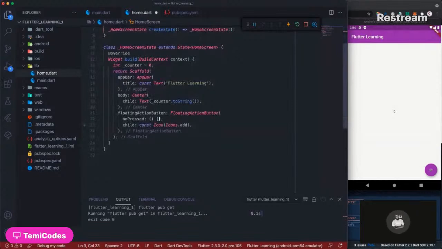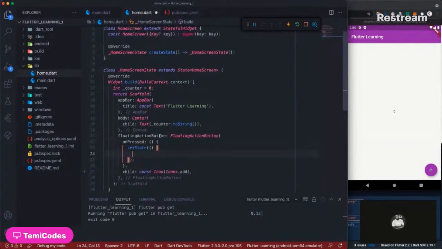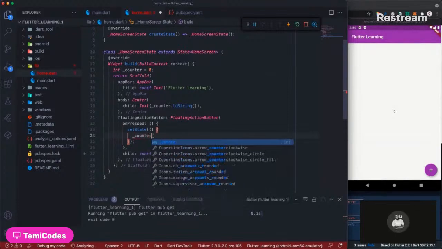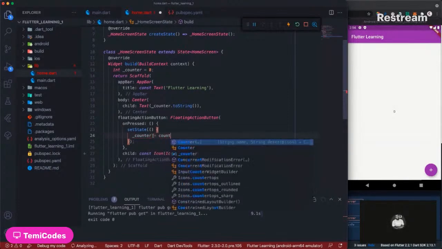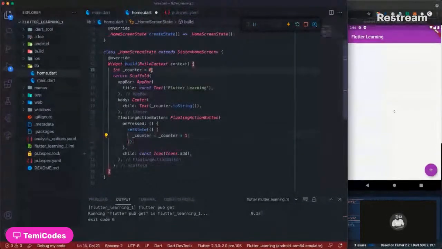So now if we want to increase our counter, there's something called setState. What setState does is that it tells this widget to set the state of whatever is inside of it. So what we are doing now is that we are telling counter that it should increment by 1. So we are telling this floating action button that once we press you, you are going to set the property of counter by 1. So anytime we hit on you, just keep putting in 1, putting in 1. So once we save that,